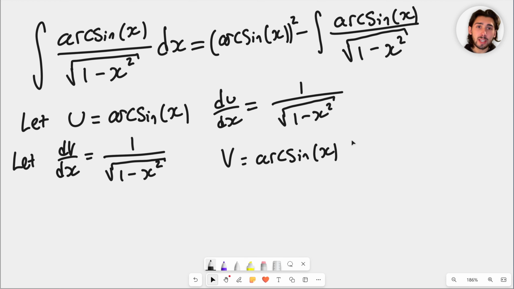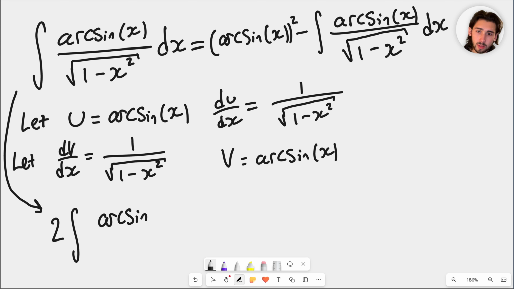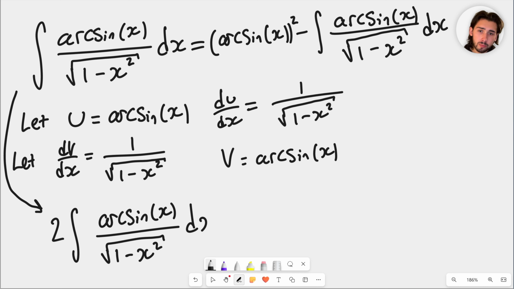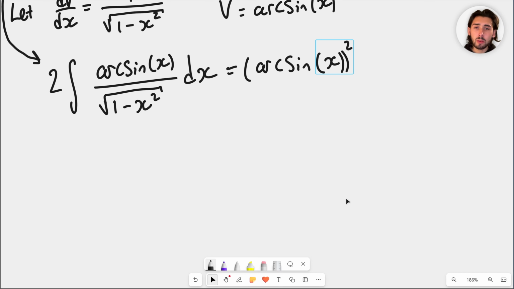We can actually just add the integral of arc sine x over the square root of 1 minus x squared, and I almost forgot the dx there, to both sides. So I essentially have that two lots of the integral of arc sine x over the square root of 1 minus x squared, two lots of it because I'm adding it to both sides, is equal to arc sine x squared. And at this point, we'll do a plus c at the end. But then if we just halve both sides,